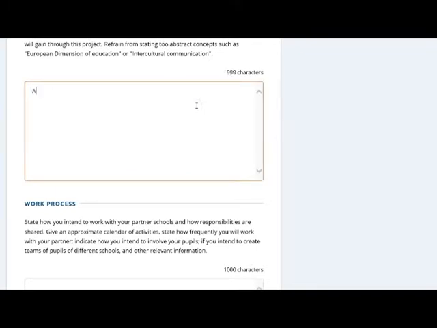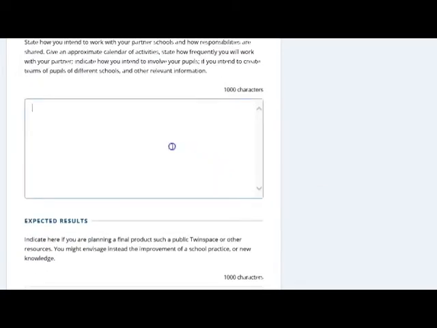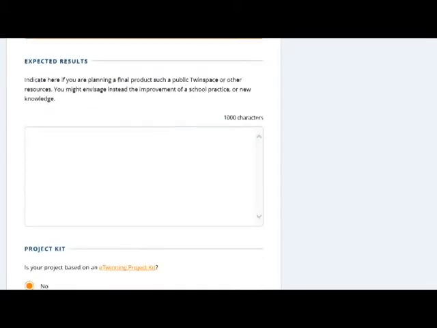You write your aims here. They can be in point form and specific, and very important. The work process, how the partners will collaborate, and the activities which are going to be done in the project, and the results here. What will you expect